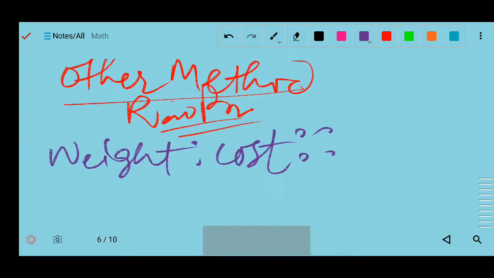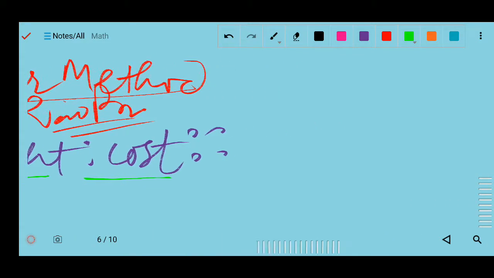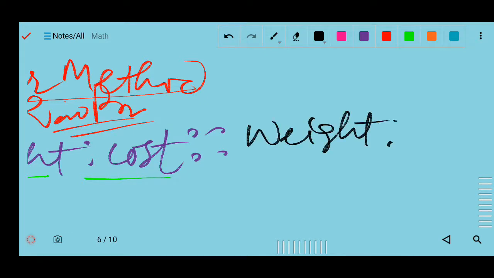So as I told you, जैसा आपने इधर में रेशियो का सीक्वेंस लिया है, जैसा ऑर्डर लिया है, वैसा ही ऑर्डर आपको इस साइड भी लिखना पड़ेगा. ठीक है, सो दैट आल्सो वी विल राइट हियर वेट इज टू कॉस्ट. ओके, ऐसा नहीं कि पहले आप कॉस्ट लिख देंगे फिर वेट, या फिर कुछ और भी लिख देंगे लाइक अदर वैल्यूज या अदर नेम, कुछ भी ऐसा नहीं. एक जैसा क्वांटिटी दोनों साइड होना चाहिए और ऑर्डर भी सेम होना चाहिए.